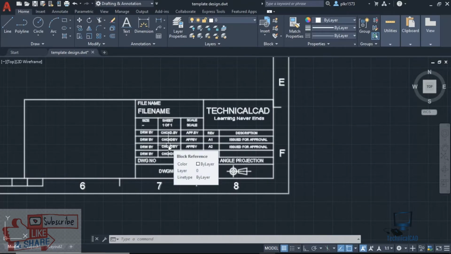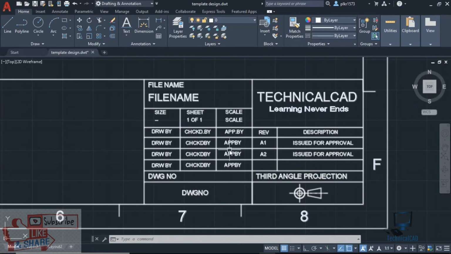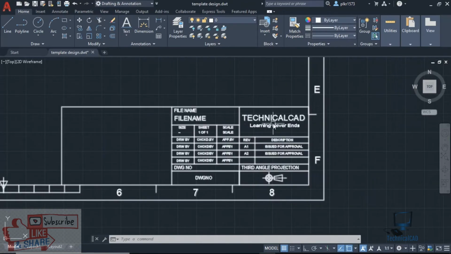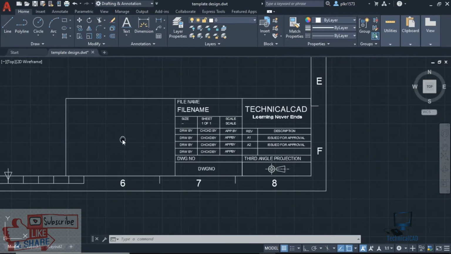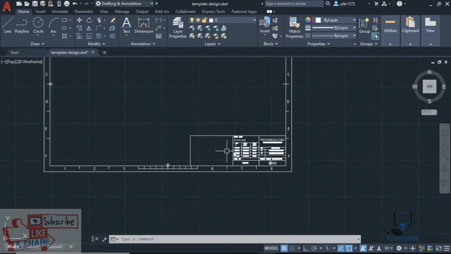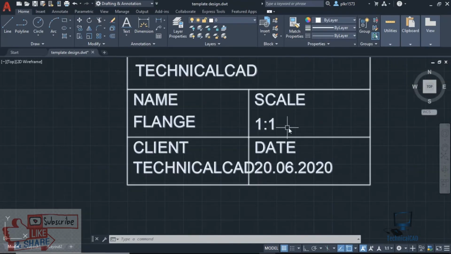Then whenever I insert the block, it will prompt for editing. Then I will edit according to that project. I mean, the drawn by names, checked by names, approved by names, all will be changed for every project. According to that project, I will edit this. So no need of doing text again and again. So that's a simple thing. So now, if you forgot to edit these things when inserting,